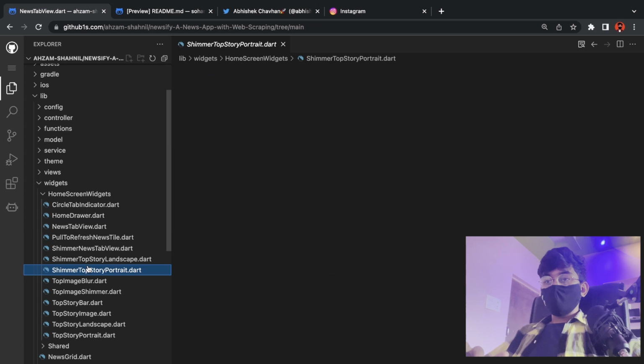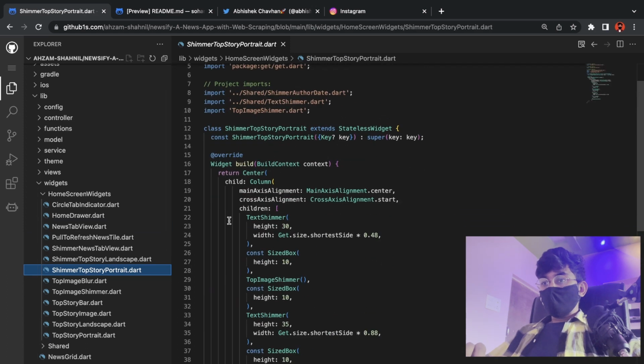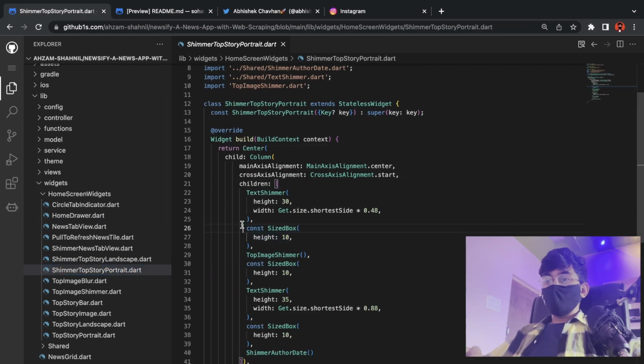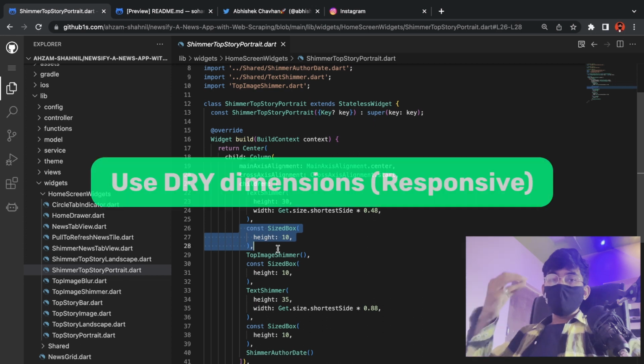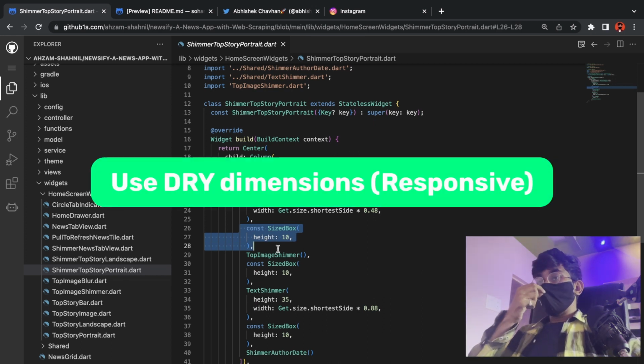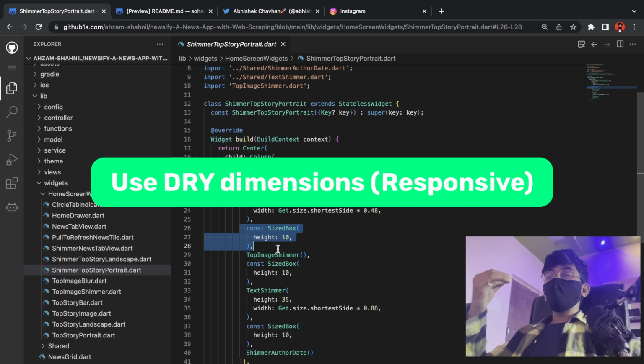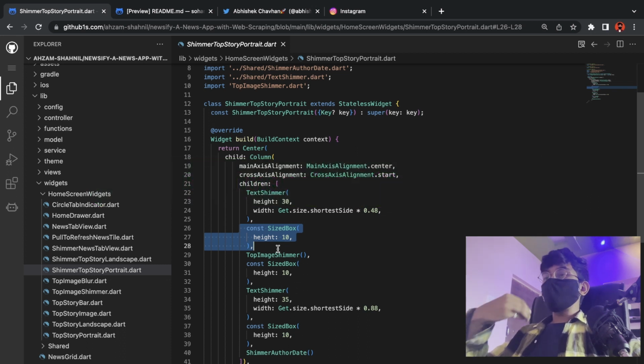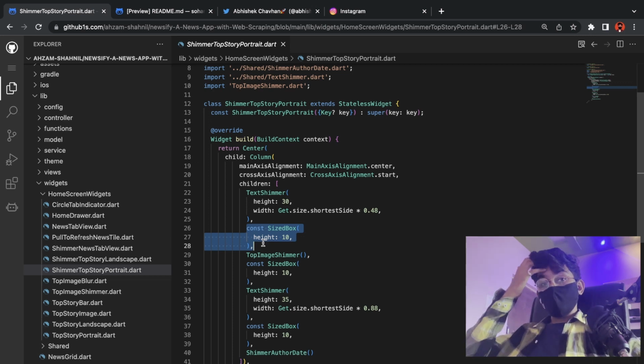Good one. And also, instead of mentioning the typical size box, you can create custom dimensions or use a package which will be giving you responsive dimensions. Right, so instead of having this static and typed data about height and width, create a responsive thing, right? Because all of the following things should be responsive, otherwise the application won't be working.